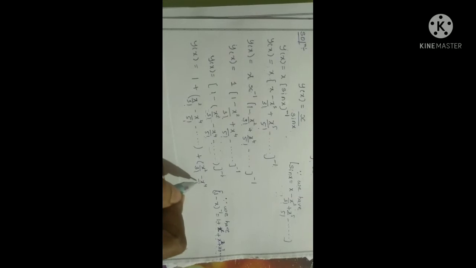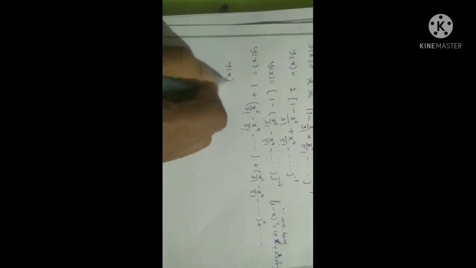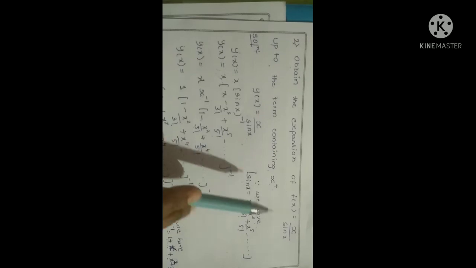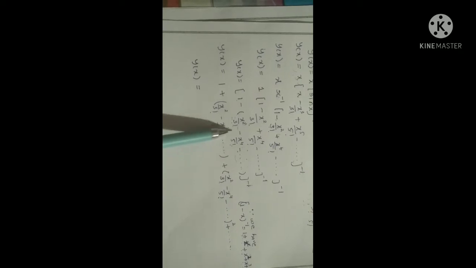x square by 3 factorial minus x to the power of 4 by 5 factorial minus so on, whole square, plus so on. Then observe here, y of x equals... In the question they have asked you to obtain the expansion of the function f of x equals x by sin x up to the term containing x to the power of 4. What does this x to the power of 4 indicate? It indicates that you have to select the terms of x from the bracket which has the power